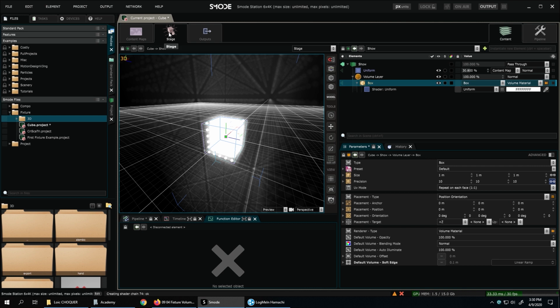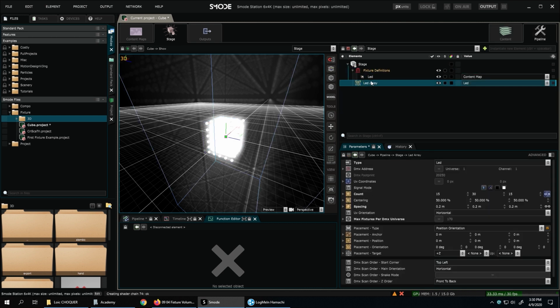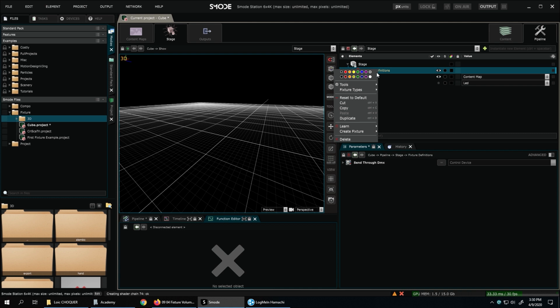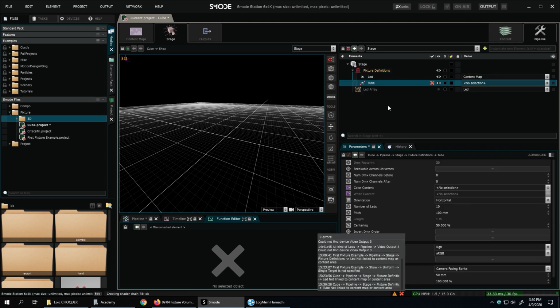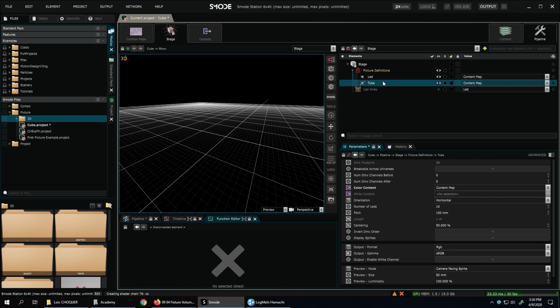Yes. There is a fixture type which is called a tube. So here it's a strip, but with a renderer in a tube. So let's create one.